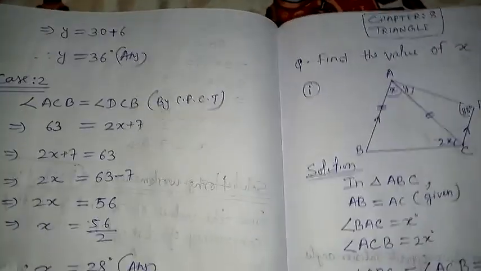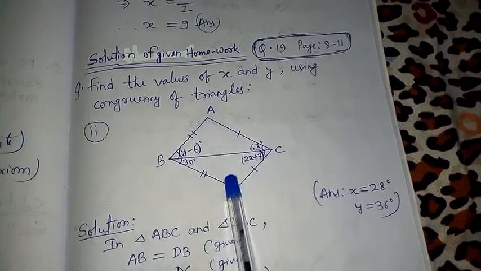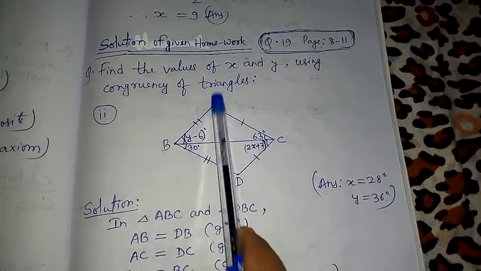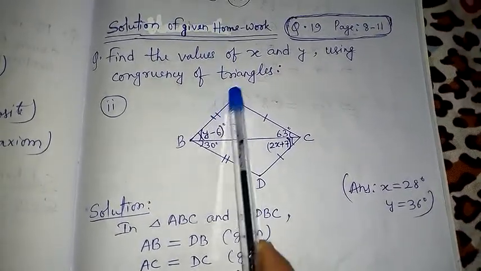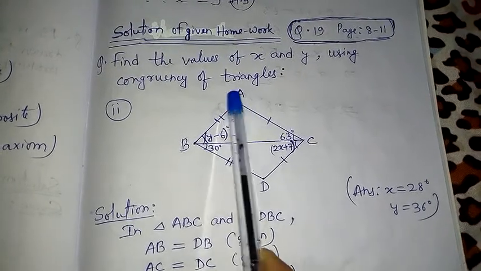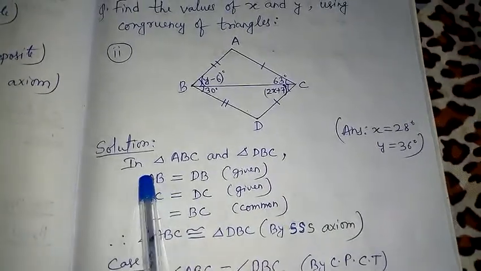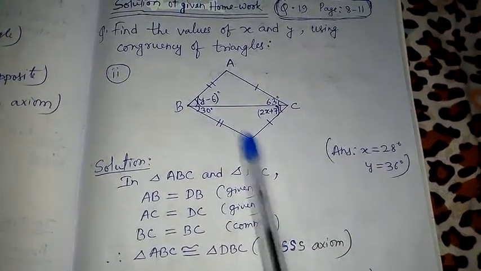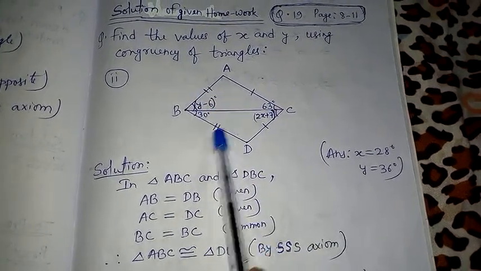And now here I have the solution of the given homework, children, as many of you have made mistake here. You can see in these two triangles, triangle ABC and triangle DBC, angle ABC and angle DBC, it is given, you can see symbol here, this side is equal to this side is equal to this side, and BC is common. So two things are given, you have to understand the symbol. Sometimes they don't write in sentence, but symbol is given. This kind of symbols signifies that they are equal.